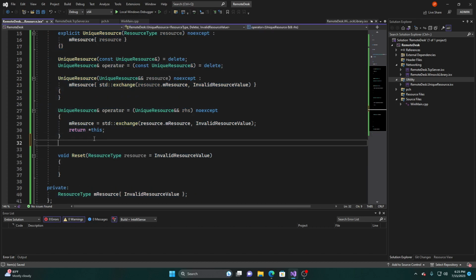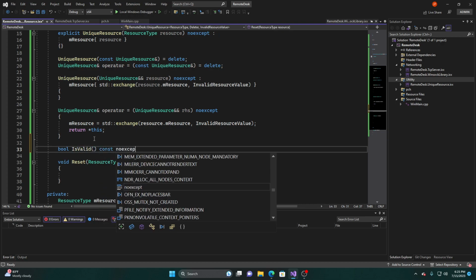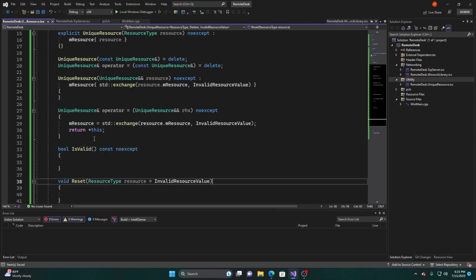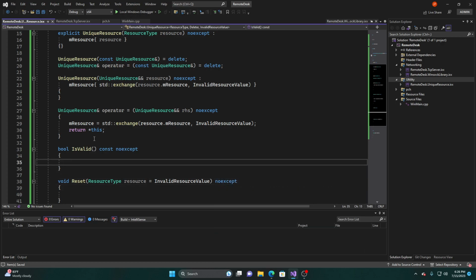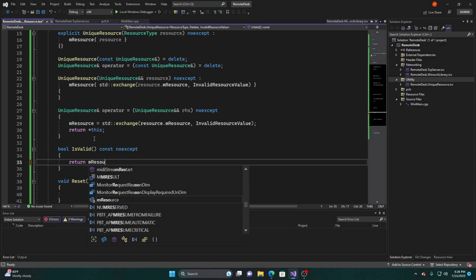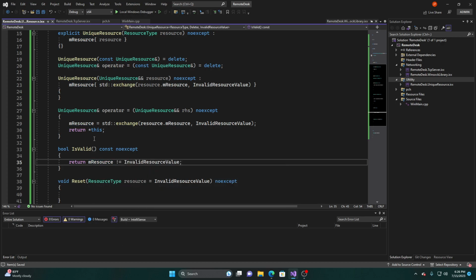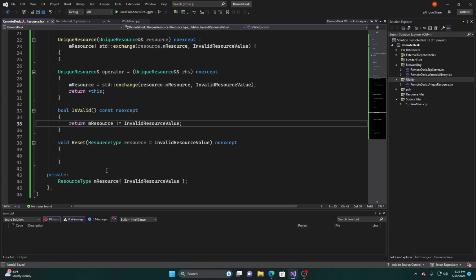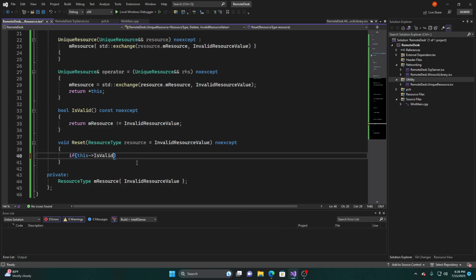And I think I actually need a couple functions. So bool is valid. We'll also make this whole thing noexcept. Is valid is basically the resource not equal to the invalid resource value. And here, if this is valid,